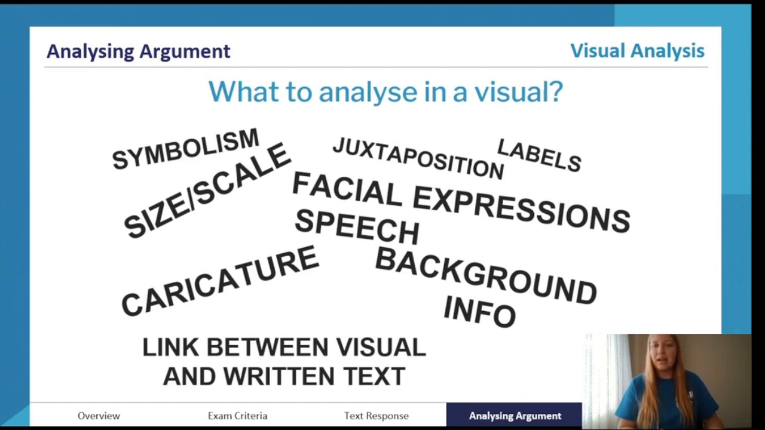So what we need to analyze in a visual, here are some ideas. Symbolism, very common. Visuals often act as symbols. Any labels, any juxtaposition, opposing things put side by side, the size or the scale of objects, facial expressions, speech and speech bubbles, any background information, a caricature, which are a specific type of visuals that act as a political